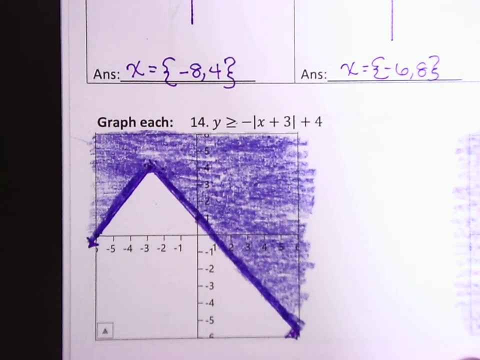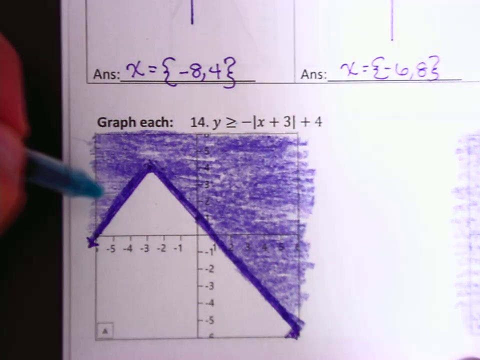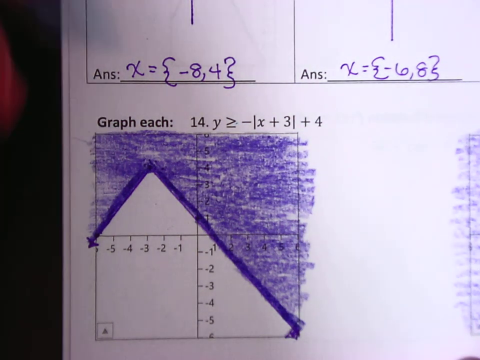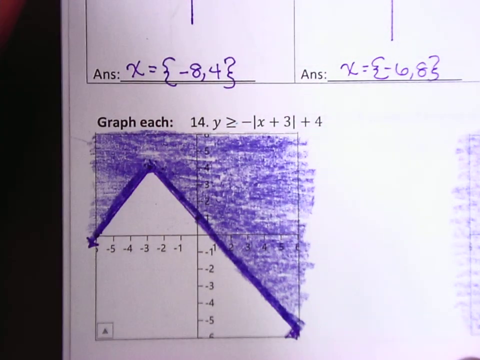So it should look something similar to this, with your shading hopefully making contact with the line, because everything, including the line, is a solution. For number 15,